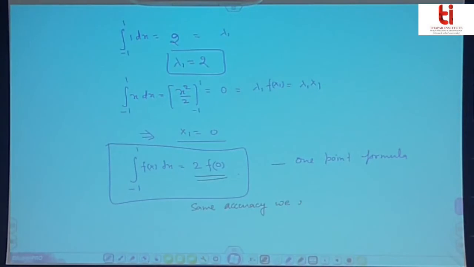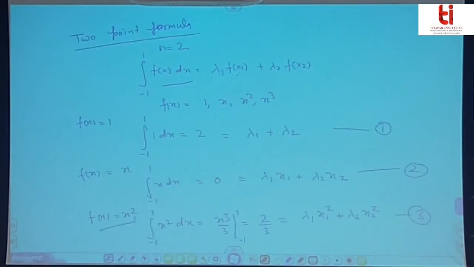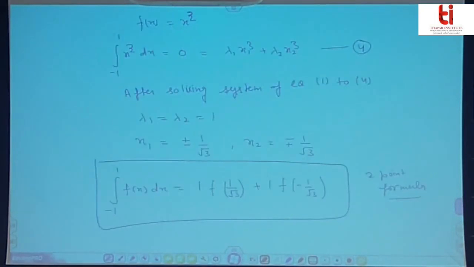The trapezoidal rule is comparatively complex, but the 1-point formula is very simple to apply, and we are getting the same accuracy as the trapezoidal rule. By the 2-point formula, we are getting accuracy as good as Simpson